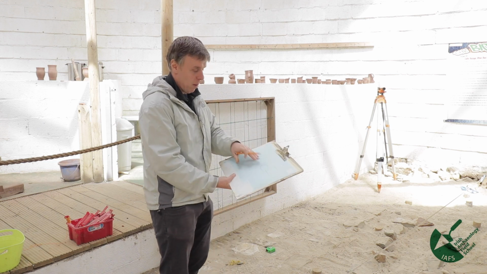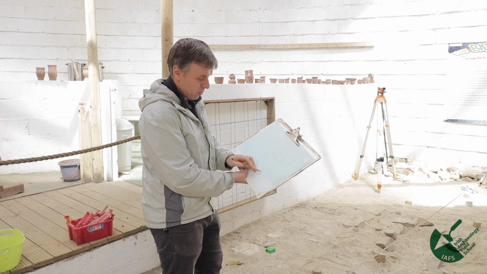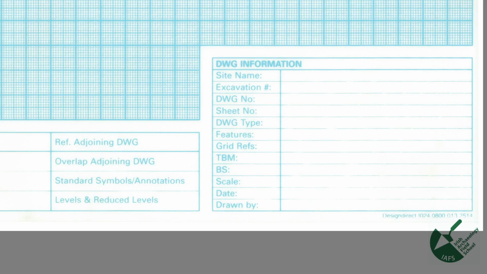So we'll get one of these popped up on your screen. Alan will kindly do that for us. But just to go through the sort of information we expect you to capture with the plan. So you've now got your points, you've drawn in your grave cut, but what sort of other information are you